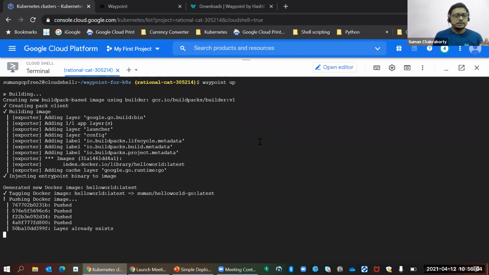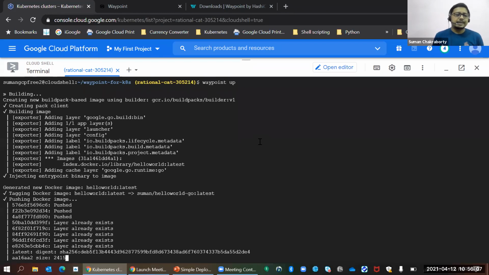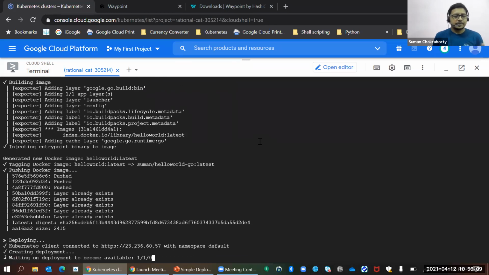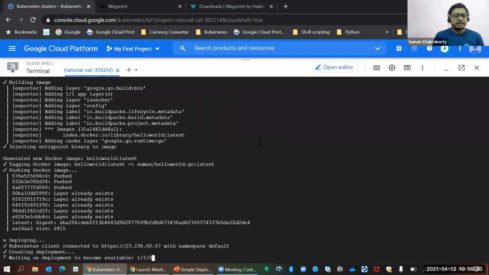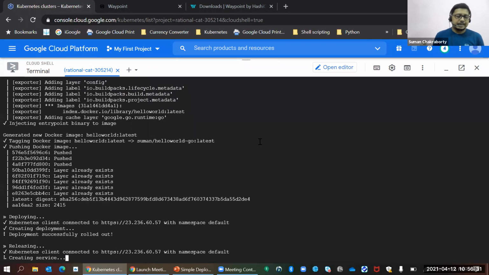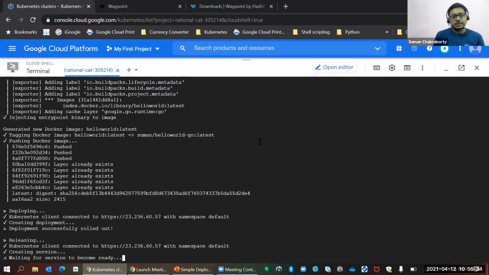So once the image is now pushed into the registry, then the next phase of deploy will start. So here it already started. It would create a deployment here, and basically it would try to use this particular artifact from the registry. And while creating the deployment, it has to check whether the pods are running or not, because it would run certain health check probes that are configured, so that it should ensure that the pod is up and running. Basically, it would try to have those checks enabled.